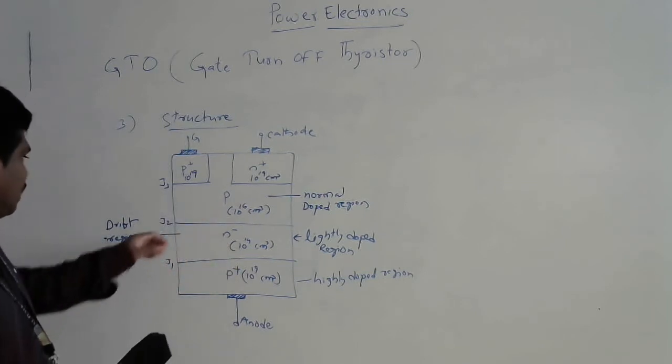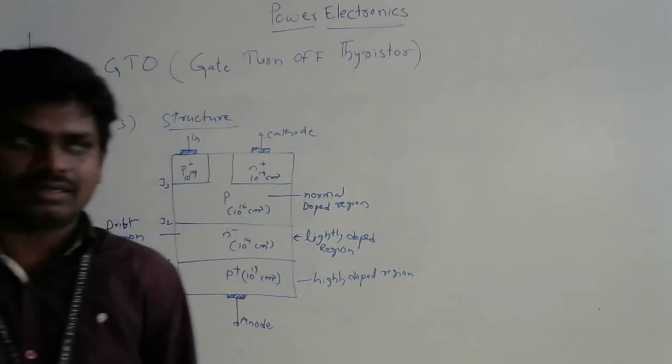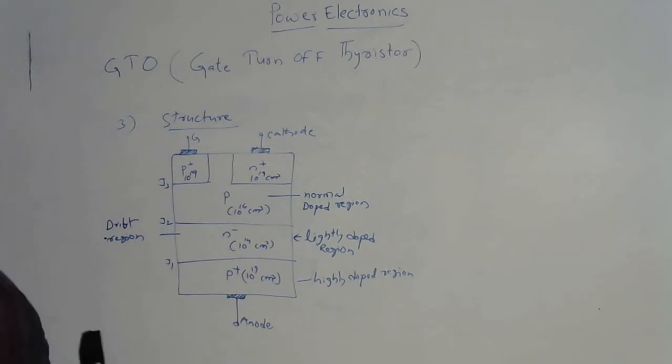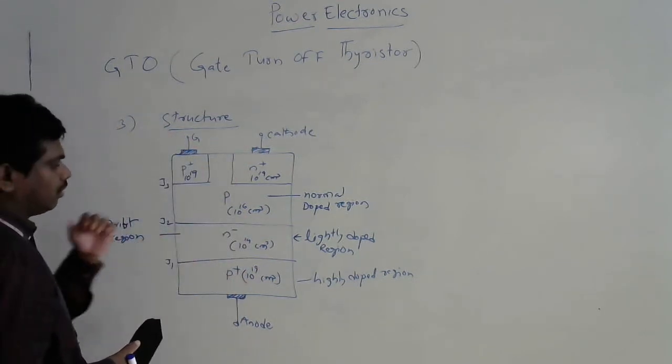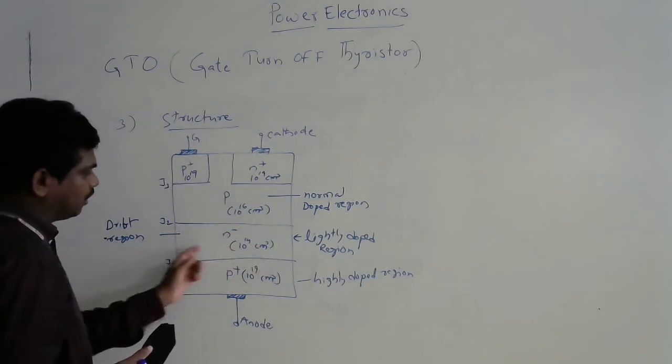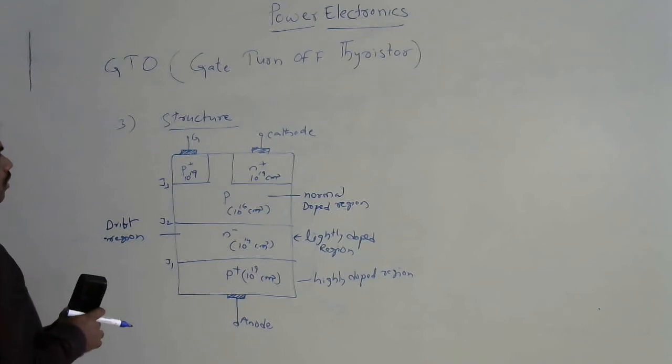That is the region which allows the current to flow immediately. Recombination takes place, for that it is the n minus region. This portion is a lightly doped one, right? This is the structure. Next, we will see